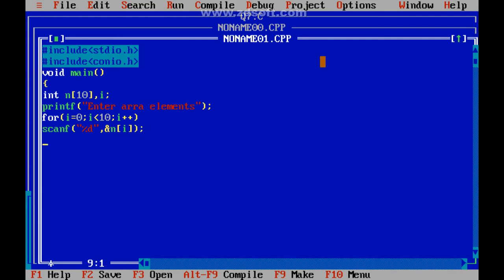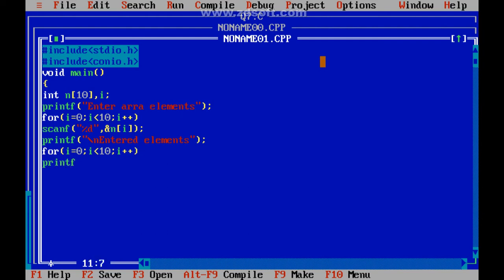Next, I have to write the elements onto the screen. printf("entered elements"). So I have to write the for loop again. All the elements have to be printed out, right? So for i equals 0, i less than 10, i plus plus,